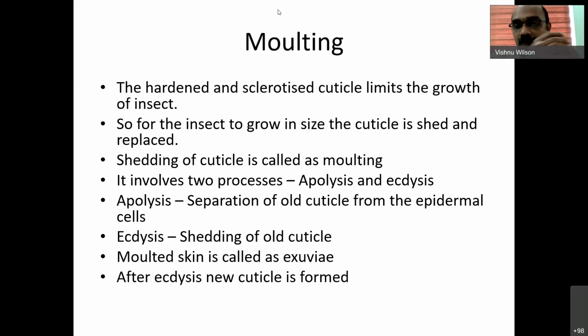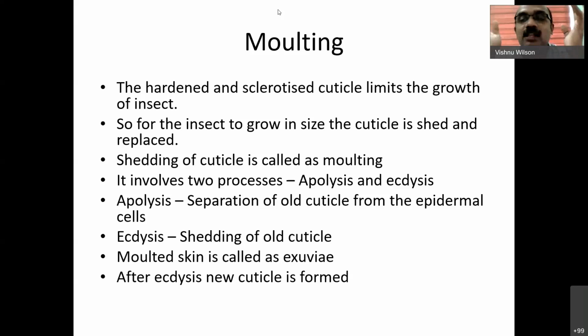Sorry. So the insects shed their cuticle periodically, and the process of shedding this old cuticle is called molting. So what is the need for this molting? Why do insects molt? The major reason is, as we discussed in the last class, the insect integument or insect body wall